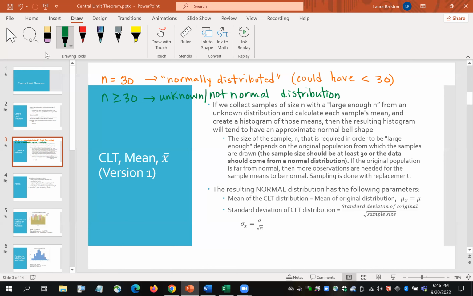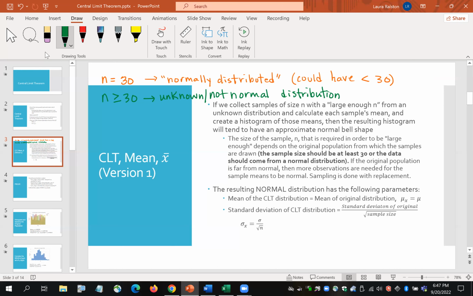The result of the central limit theorem for the mean is, again, if we take each sample and calculate its individual mean, and then we create a histogram of those means, the resulting histogram is normal. So I then have a normal distribution, and I need to know the mean and the standard deviation of that normal distribution. That's how all normal distributions are defined. They're defined by their mean and their standard deviation. So those two parameters